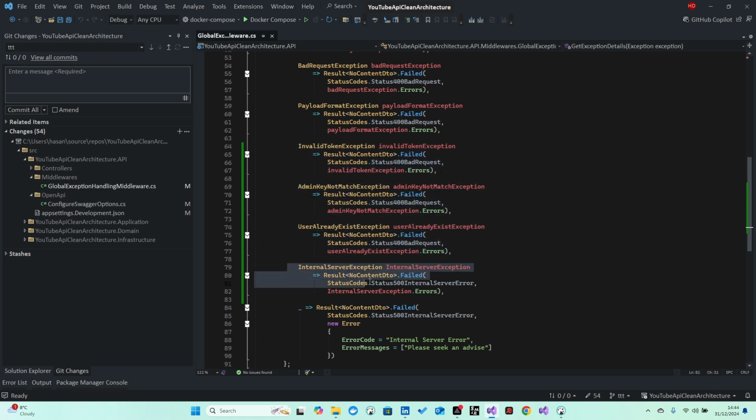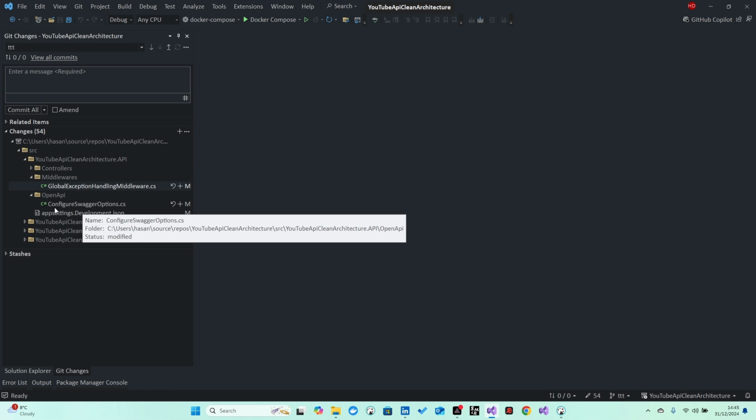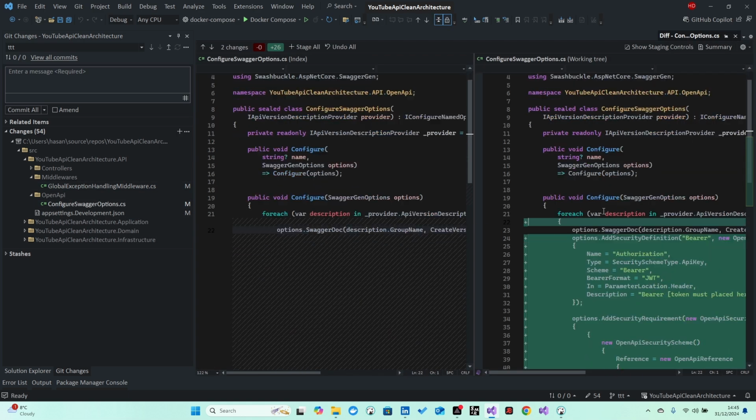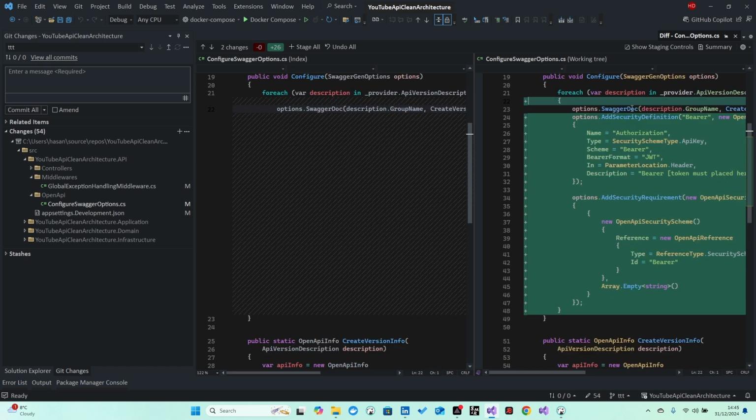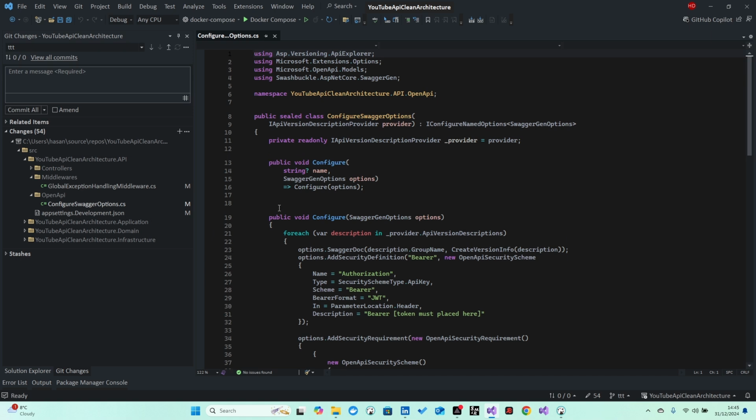Alright, internal server exception already been added by our AutoSeed data video, and yep, we can close this exception middleware section, and let me have a look. The open API folder. So what we did here? As you can see, I add some configuration. If you remember, let's open this file. If you remember,